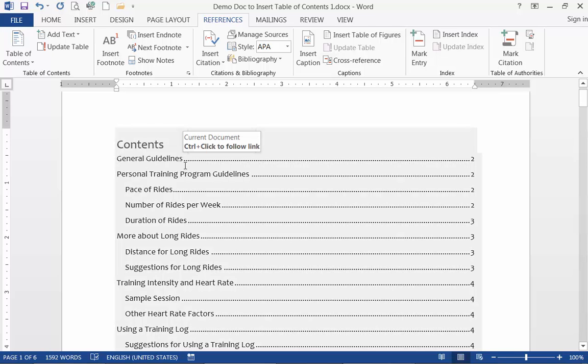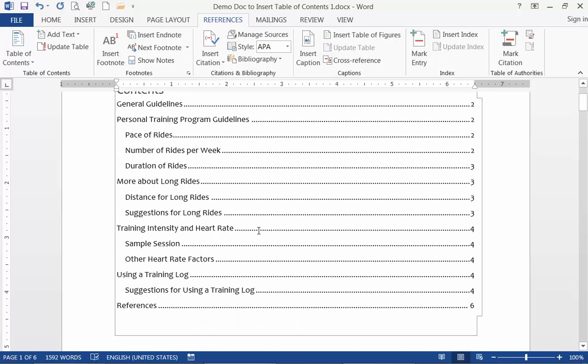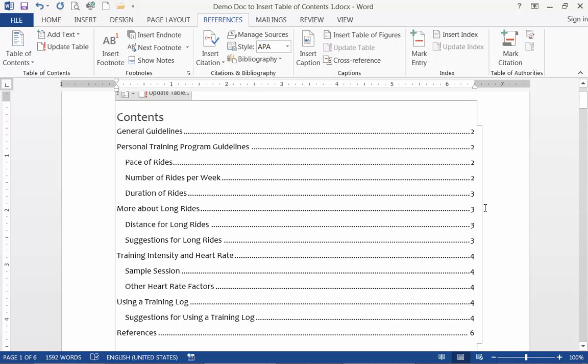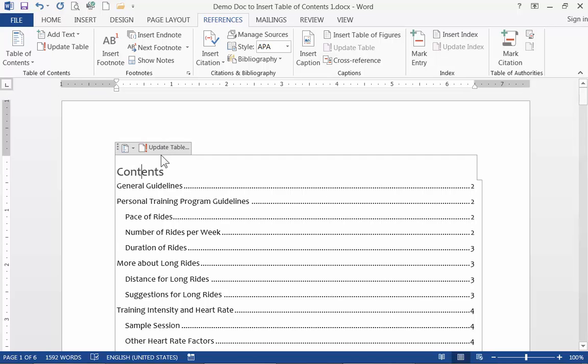Now if I wanted to update this table of contents, all I have to do is click inside of it and this tab comes up. Now if I had gone into the document and made changes in the document, let's say I added a few pages or I made some editing and maybe I ended up with more pages than what's showing now in this table of contents, I can update the table of contents very quickly by clicking here, selecting it, going up here